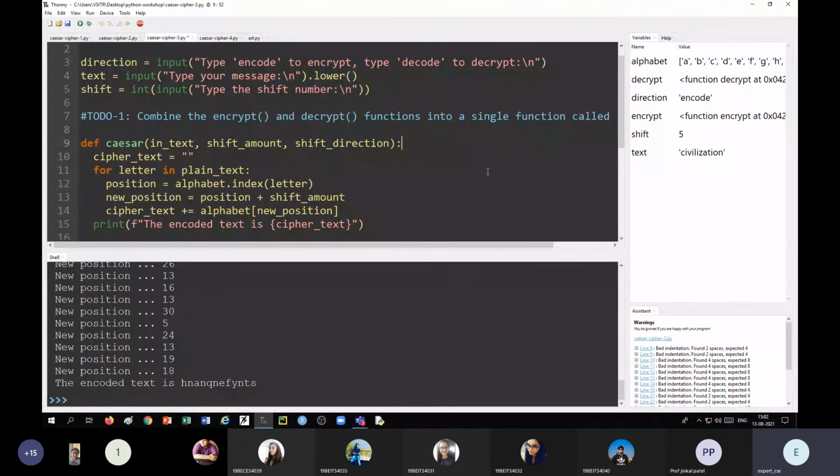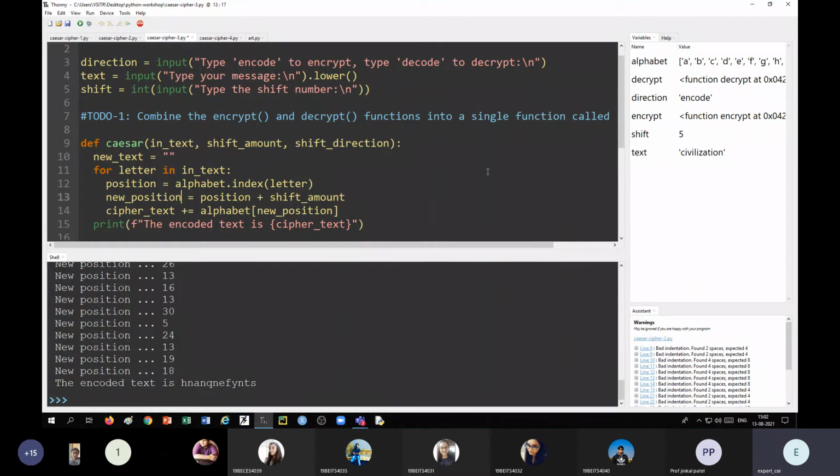So we can say new text is equal to an empty string, for letter in in text. Position we take the same. New position is equal to position plus shift amount. In case of decode, it will be minus.